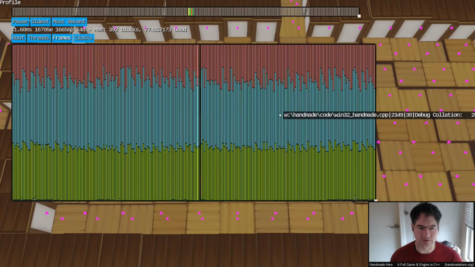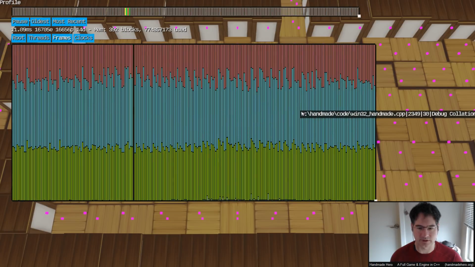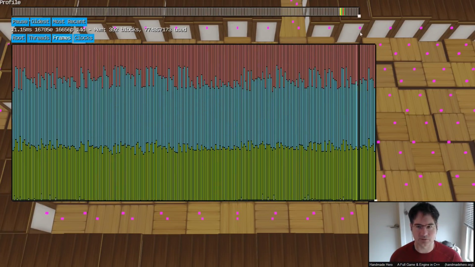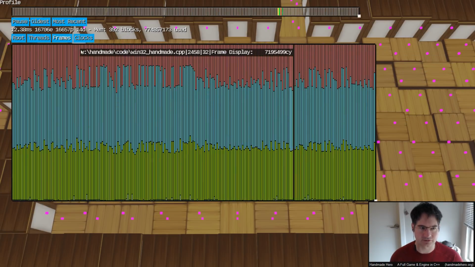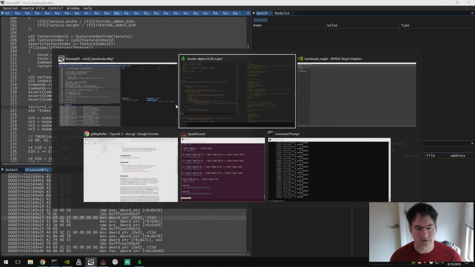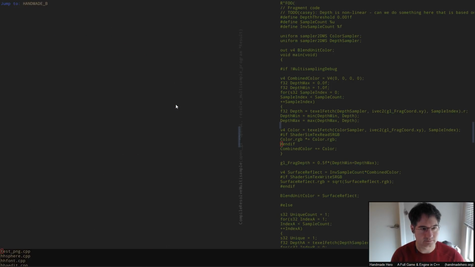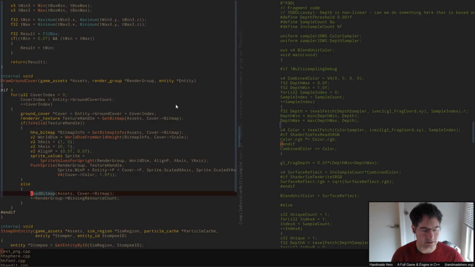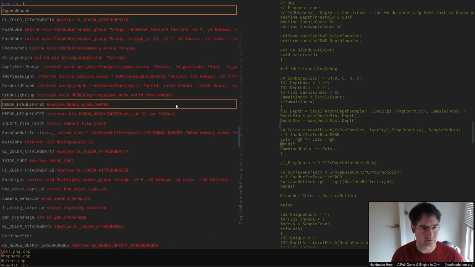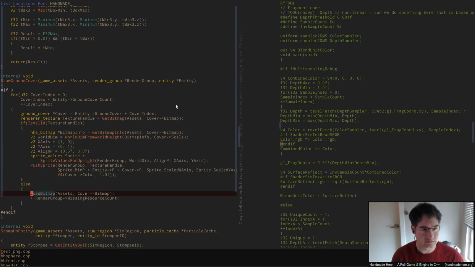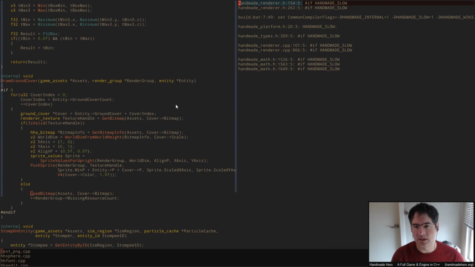Which again is unfortunate. That's just looking at all of our debug event information. So, if I turn that off, we could also see to what extent, when we're running in an actual environment here, what we would get. And I don't know. So if we look at Handmade debug, or Handmade slow, I'm curious what stuff actually